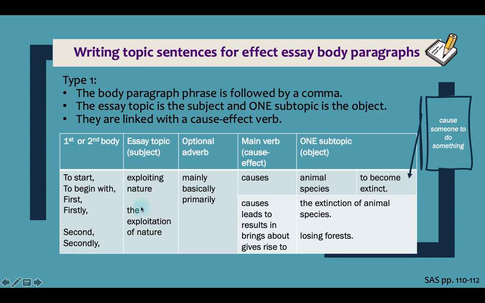Secondly, the exploitation of nature basically leads to losing forests. So both of these styles use a cause-effect main verb, and they start with a transition phrase with a comma. The next type,